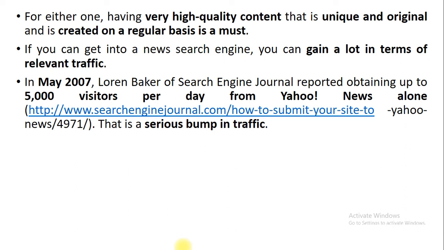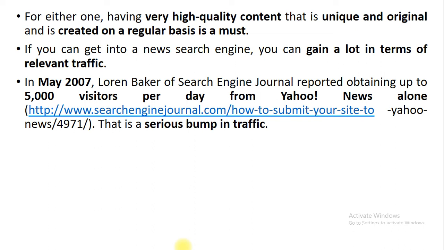But when there is talk about news, you must compulsorily have unique, original content, and it must be updated on a regular basis, because you are working with news search. So you will definitely gain good traffic on the particular news search.